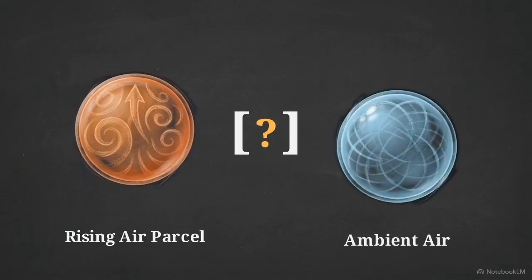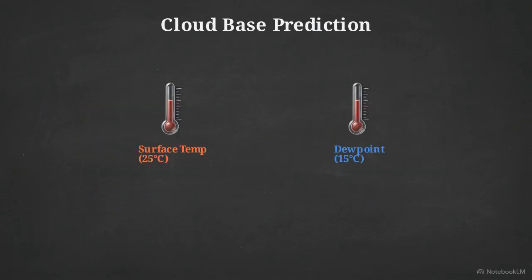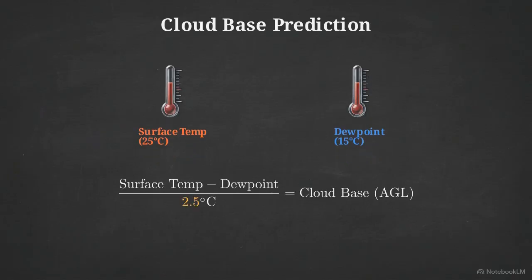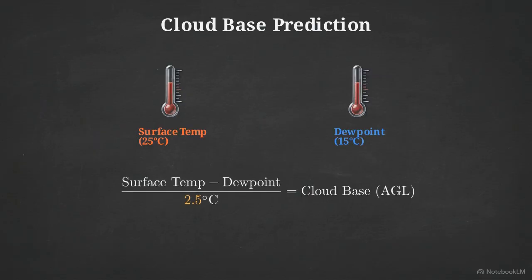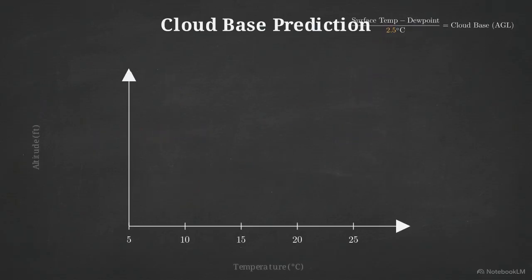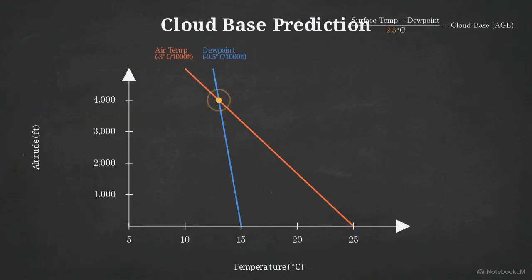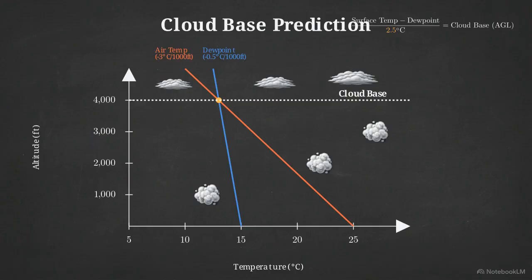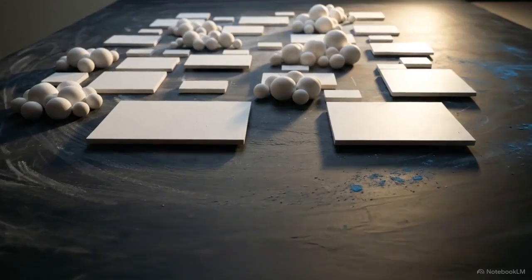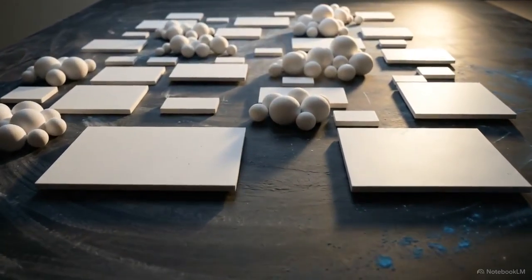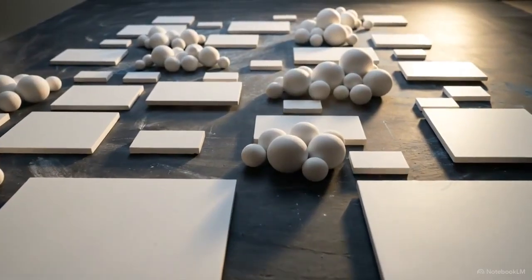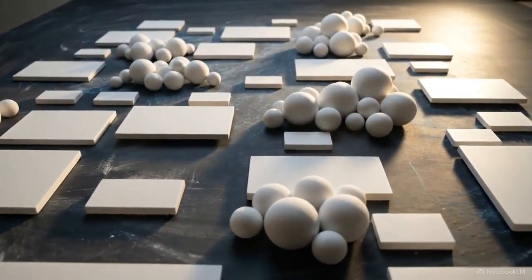To predict exactly where these clouds will form, pilots calculate the base in thousands of feet by taking the surface temperature, subtracting the dew point, and dividing that difference by 2.5 degrees Celsius. By mapping this formula onto a coordinate plane, we can visualize how temperature shifts across different altitudes in the atmosphere. Mastering this relationship allows a pilot to calculate exact cloud bases and anticipate the stability of the air before ever